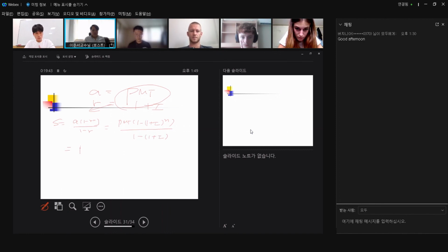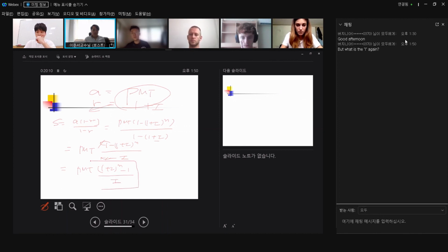Rearranging, this is payment times (1 minus (1 plus I) to the power of n) divided by minus I. If we take the minus, then it is payment times ((1 plus I) to the power of n minus 1) divided by I. We figured out this equation. This equation is called the future value